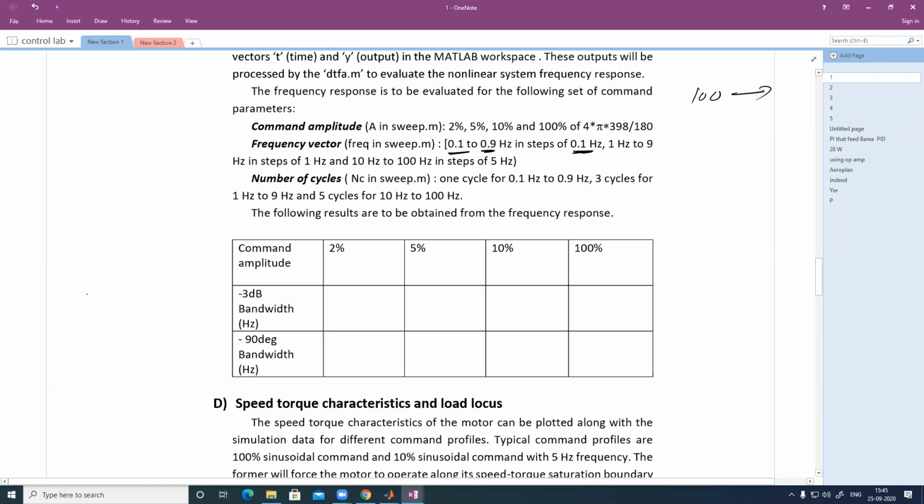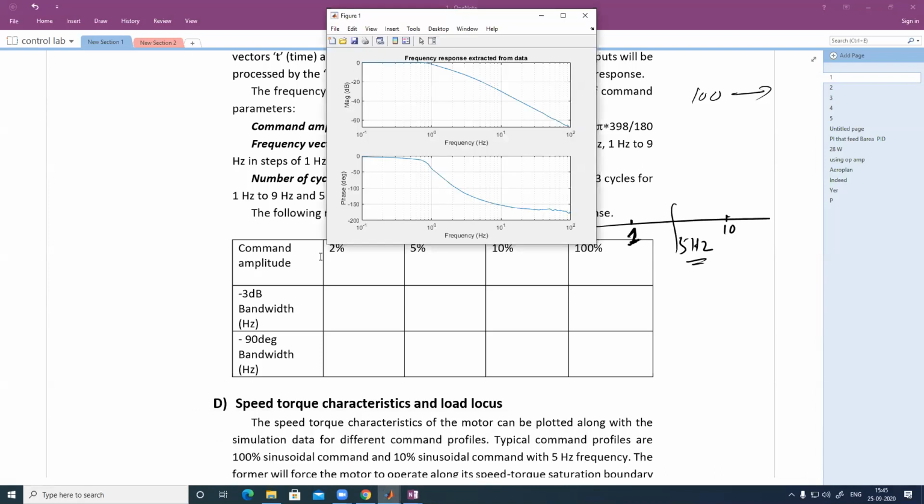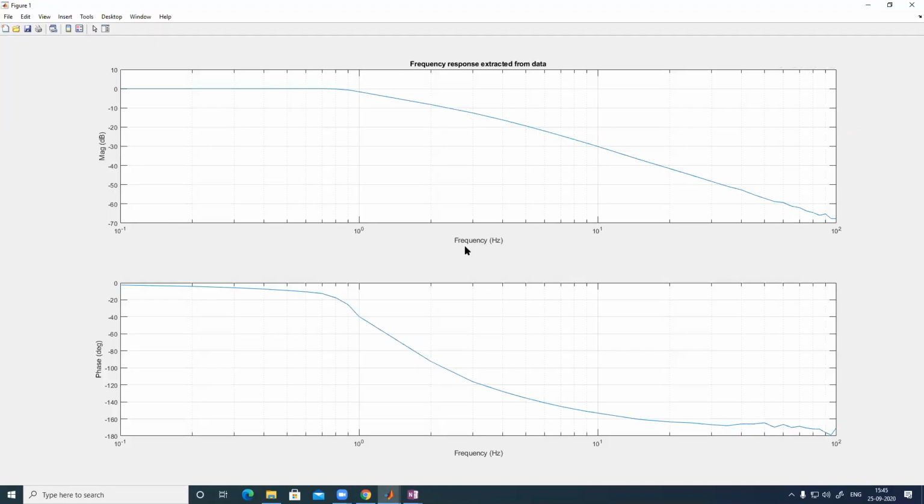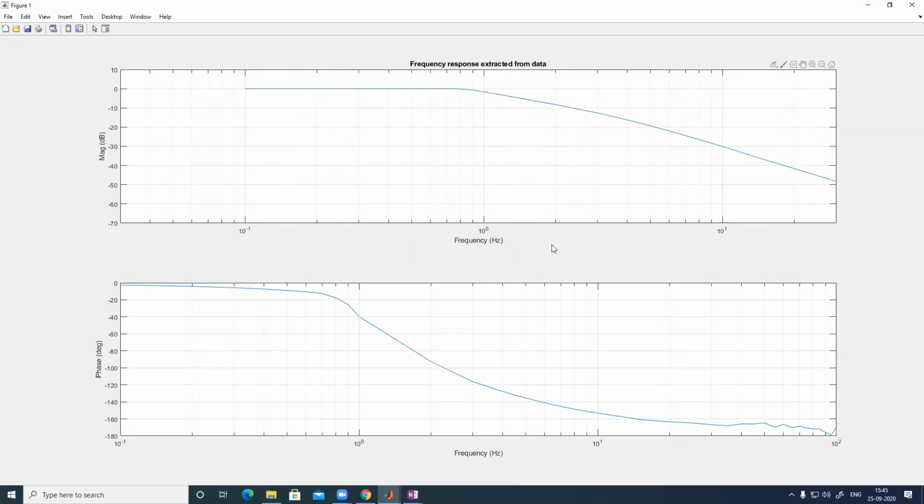Sir, 1 decade below and 1 decade above, I am not getting the physical meaning of that terminology. Can you explain? 5 Hz is the frequency. It is a logarithmic scale only. Log 1 is 0. This is a semi-log graph, you know. The semi-log graph will look like this. Here it is a logarithmic scale; this axis is log of omega, frequency log. So this one is 1 decade, and this is another decade. That is the meaning of decade.